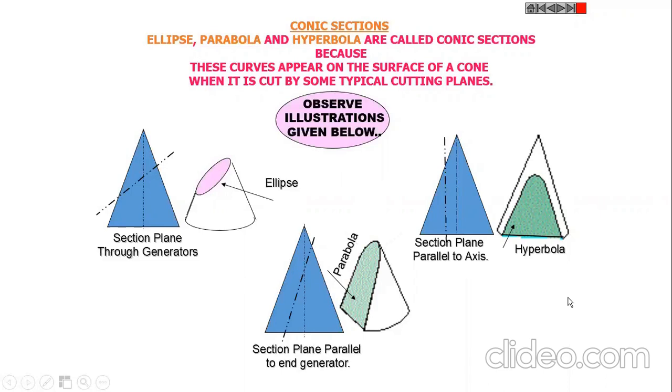Then we'll see the problem on ellipse by directrix focus method. We'll see one problem. A point F is 50 mm from a line AB. The point P is moving in a plane such that the ratio of its distance from F and line AB remains constant and equals 2 by 3. Locus of a point P. They have not mentioned that draw the ellipse by directrix focus method, but they have given eccentricity 2 by 3.